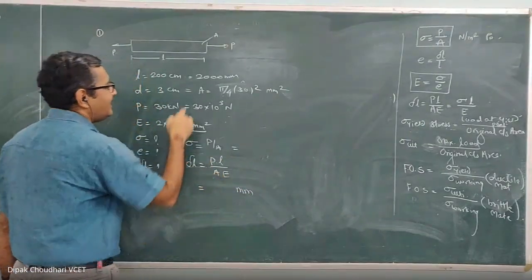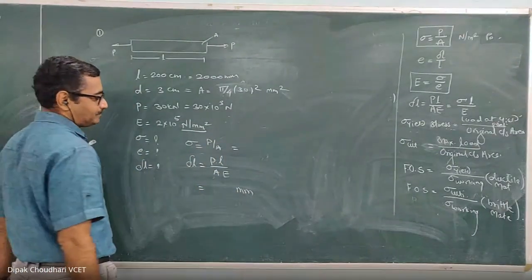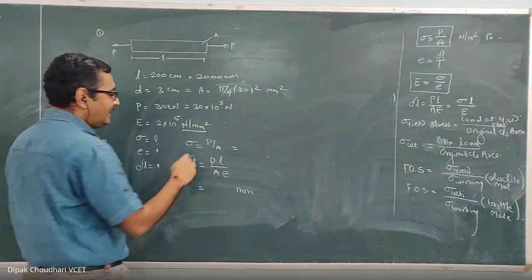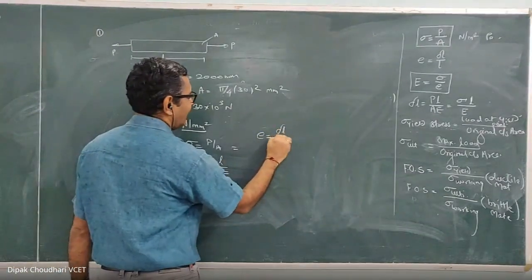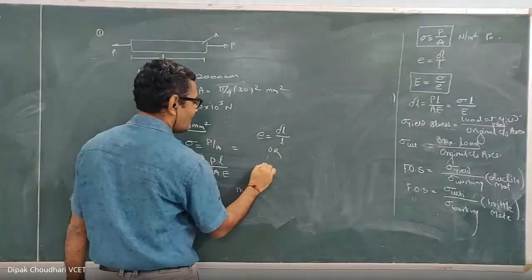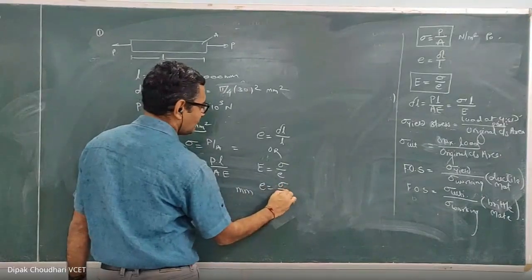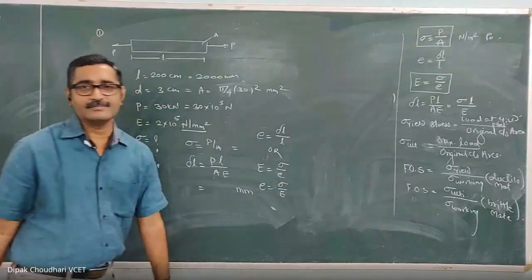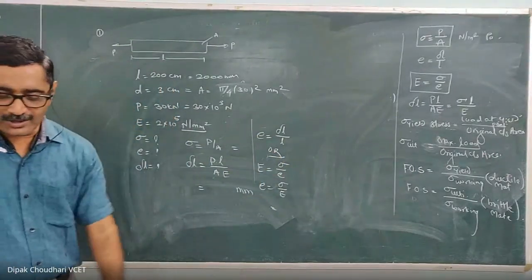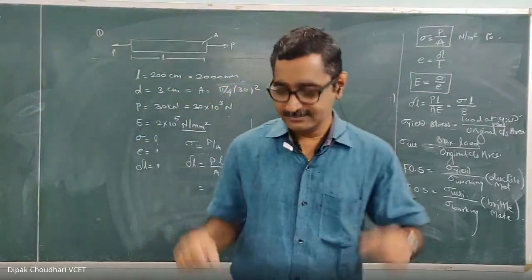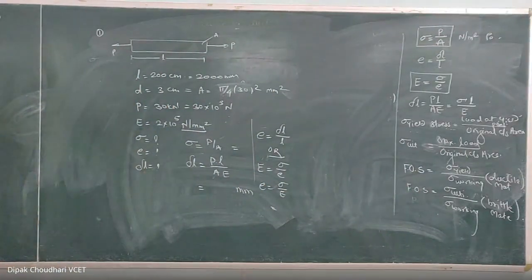Since we are considering L and A in terms of millimeter, this change in length will also be in millimeter. So you'll get this delta L, and then with the help of this delta L, you can calculate the strain. You can calculate it as delta L upon L, or you can calculate E equal to stress upon strain and strain equal to stress upon E. This way also you can calculate. Here, calculate and check all the values. Two minutes to you, do the calculation.